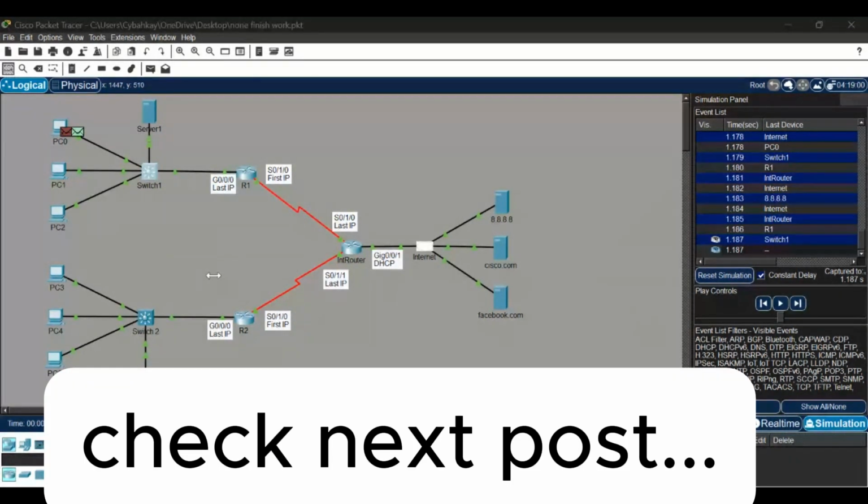So this is an interface connected to this switch, and the cable connected here to this switch is this Fast Ethernet. And since this system, this PC0, is sending a message to this Cisco router